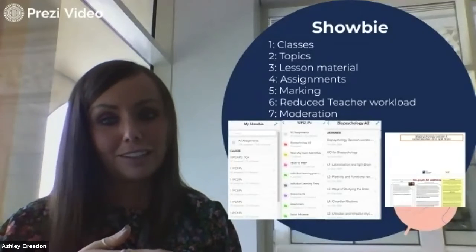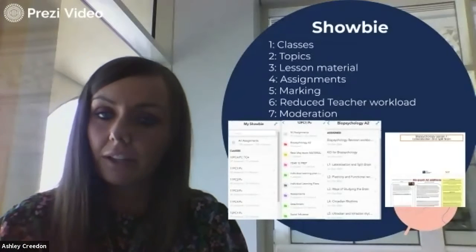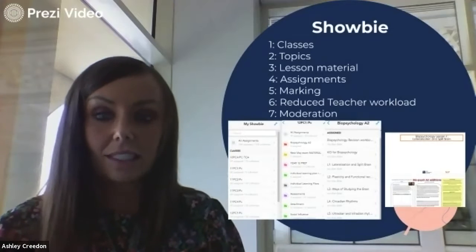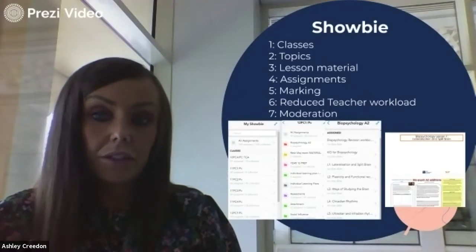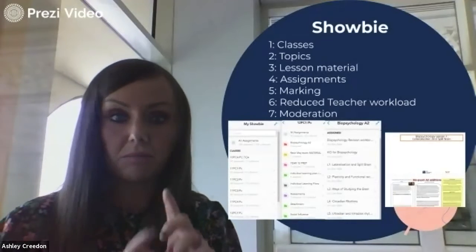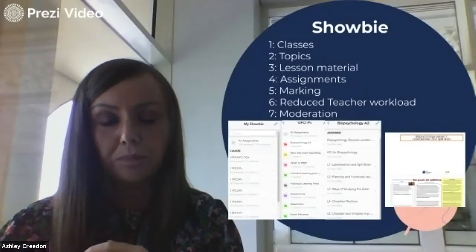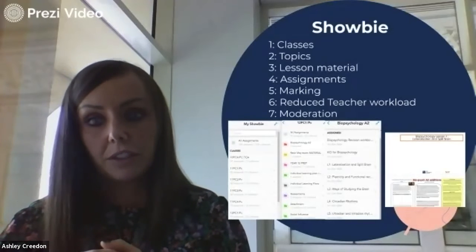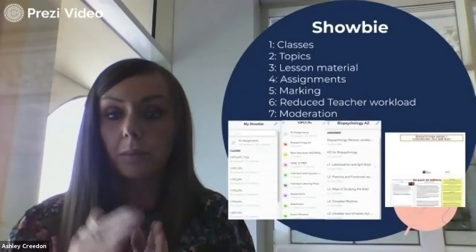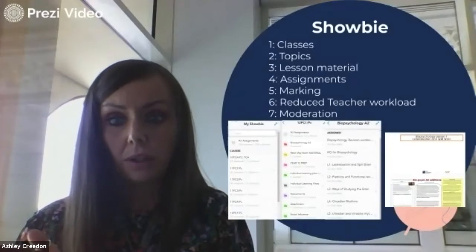However, within these topic files, which is such a blessing at the moment, you can create a file called assessments. Now in here, we will have every single assessment that that student has done. The student can do them online, the student can do them on paper, and the Showbie app's got a really great technique where you can just scan it in and upload to one document straight away. That's extremely useful for me as a teacher to look back on and go, right, let me look at the progress over time for this student, from the first assessment right the way through. Let me see where their journey began and where it's eventually going to go,